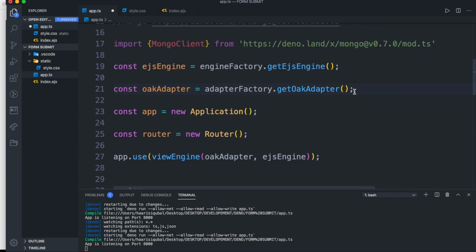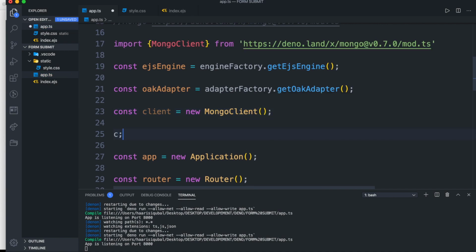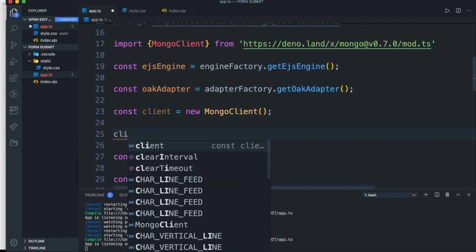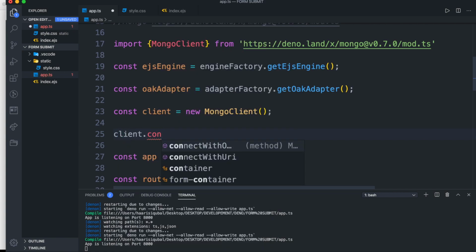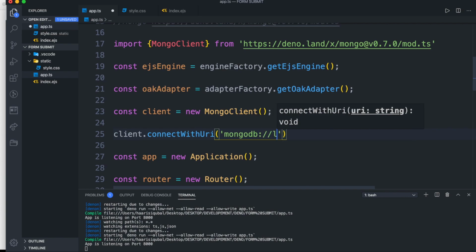After importing MongoClient, we need to initialize it as const client equals new MongoClient. Now, we need to connect our client to the URL we are using, that is a local Mongo database, while you can use an online database and pass the URL inside this.